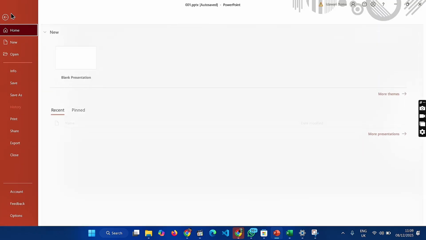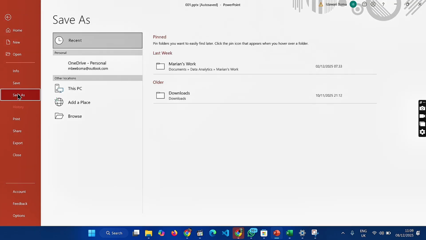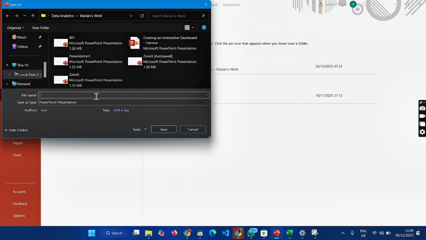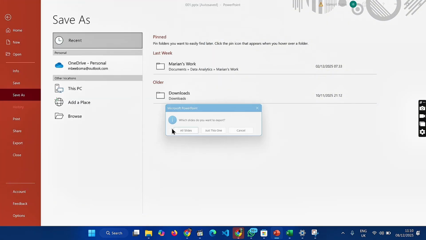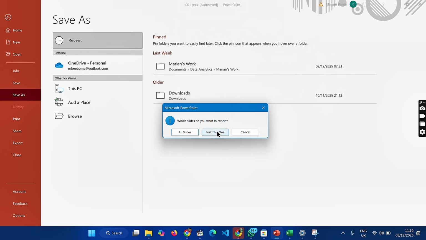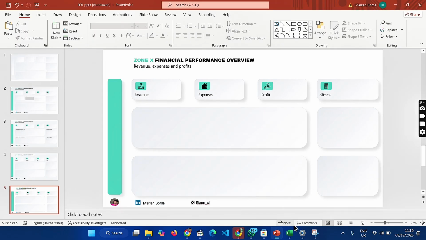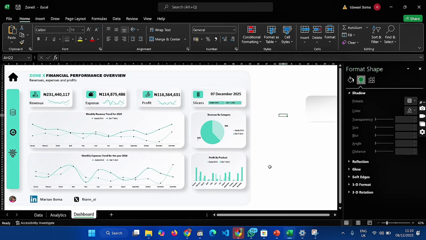So I'm going to go over to File and I'm going to go over to Save As. Let me call it U1. Change the Save As type to Scalable Vector Graphics format. I just want this one. So it's been exported. Now we'll be working with our